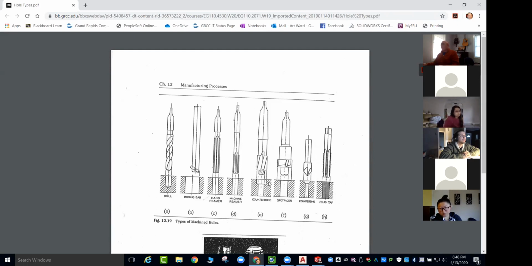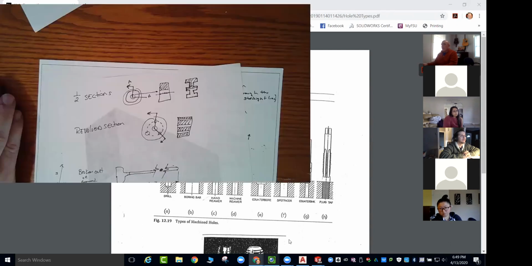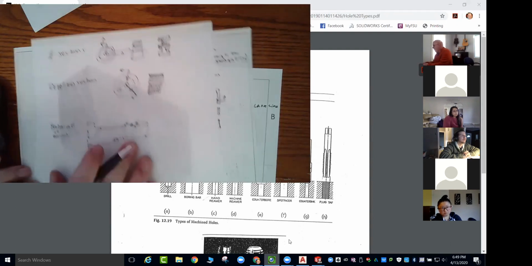Now, a spot face is used typically when there's an angled surface. And we might not be able to even see that angled surface, but that spot face is going to come down and it's just going to make sure that it's level. So when the head of the bolt comes down and touches off, it is touching solid and not on an angle. So for the spot face,